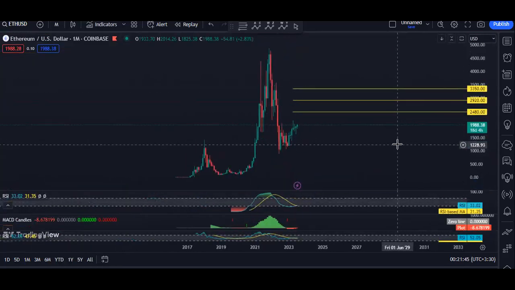We move to the monthly chart, and based on the monthly chart, whatever we have here, these are not the targets. These are the levels we are looking to see the breakout of. Okay, that means for those traders who are looking for the reversal as a long term, we have to see the breakout of 2480 followed by 2920 followed by 3350 before we expect the price to break the all-time high. That means at least we have to see the breakout of this zone, which is 2920, before we expect to see the price break the all-time high.